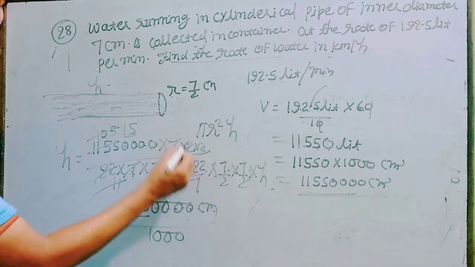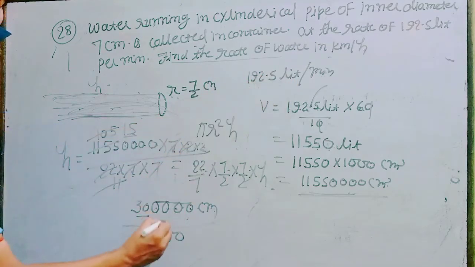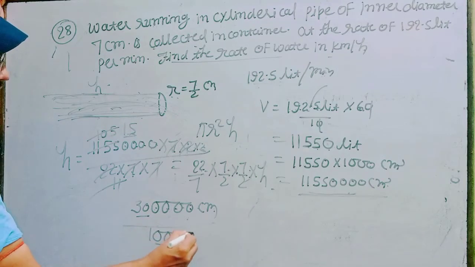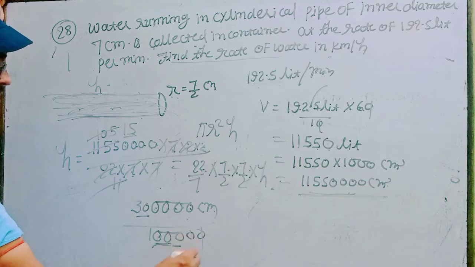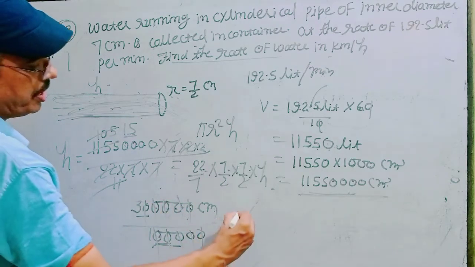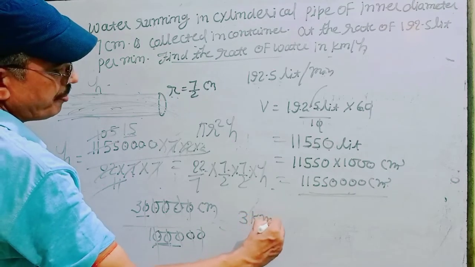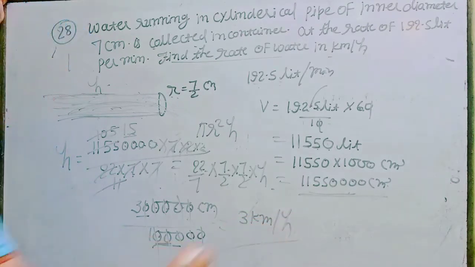And now your question is kilometer per hour. So here is 1000 and 0, first 2 0 divided into centimeter in meter, and then divide 1000, then converted into kilometer. So 1 2 3 4 5, 1 2 3 4 5, you can say, then you have only 3 kilometer per hour. How is it in hour?